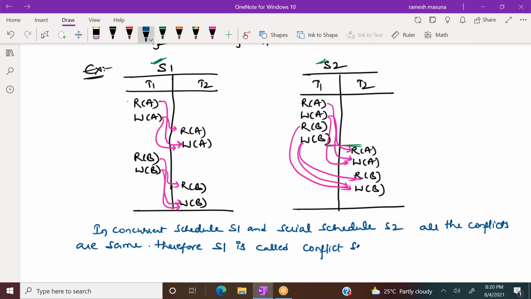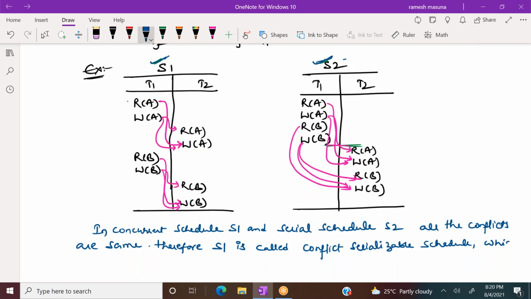Because the same conflicts are there, both S1 and S2 are the same schedules, and S2 is a serial schedule. A serial schedule always leads to consistency. So S1's effect is also the same as the S2 serial schedule, so S1 is also consistent. In concurrent schedule S1 and serial schedule S2, all conflicts are the same. Therefore, S1 is called conflict serializable